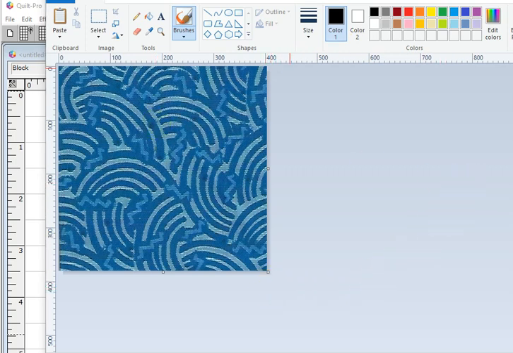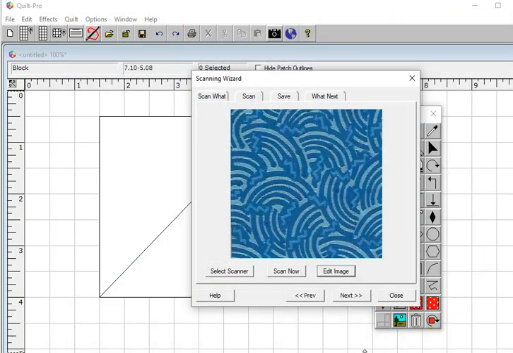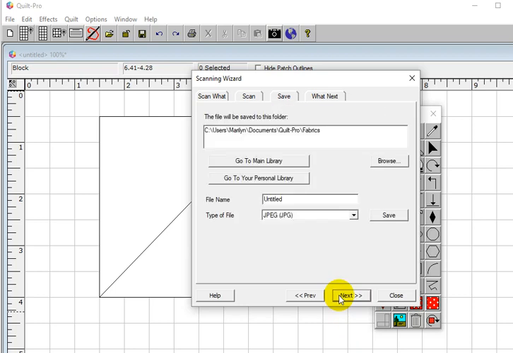We got a pretty good scan, so we won't be needing to do any more. I'll close out of that, and we'll go ahead and say next. This will take us to the Save tab, and I want to make sure that I'm in the location of